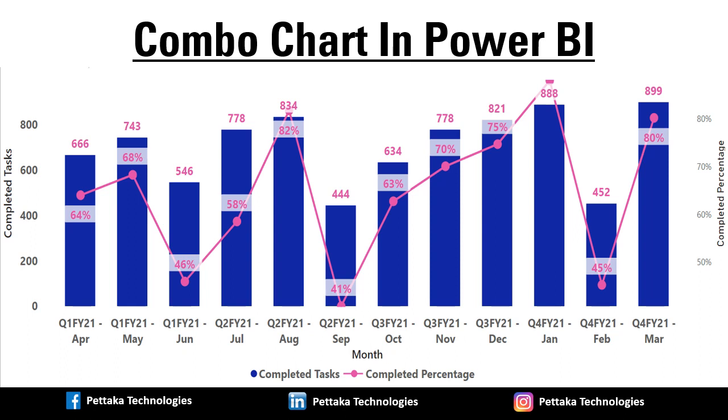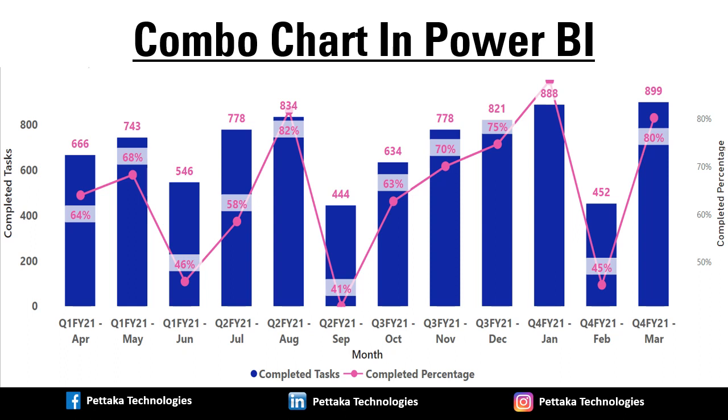Combination charts are a good choice if you want to make a chart with a study that shows data in a different way than the main chart. For example, the main chart I have used here is a column chart showing completed task information, while the study is a line chart showing percentage of completed tasks compared to total tasks. Combo charts combine two or more chart types to make the data easy to understand.